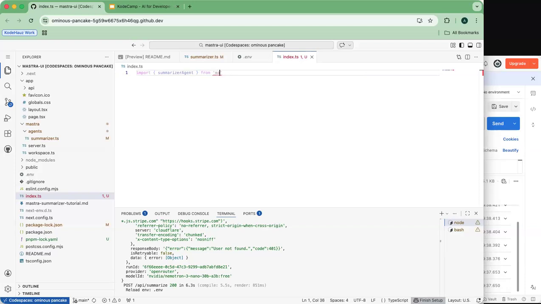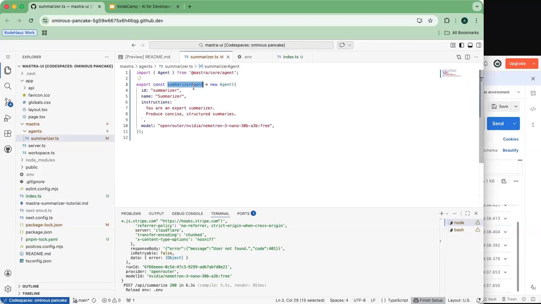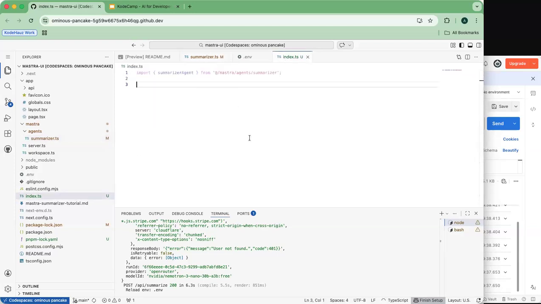Mastra should be at, then Mastra agents summarizer. Okay. Then summarizer agent is an instance of an agent I've created. So I can just use it directly and say summarizer agent dot